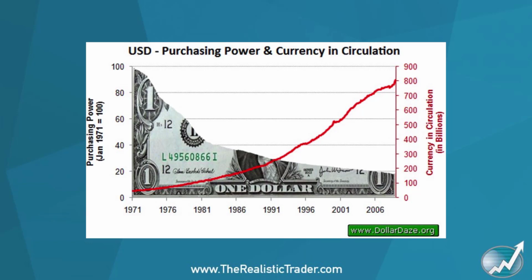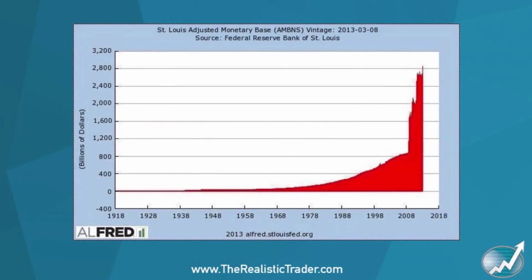This is the currency supply growth of the US dollar from 1918 to about 2011. As you can see, we have a pretty sharp jump here at 2008, 2009, and that's basically due to the economic crash, the subprime mortgage collapse. It's quite amazing. They spent 200 years amassing a total of about $800 billion in existence, and in the space of, I don't know, 3 or 4 years, they went from $800 billion up to about